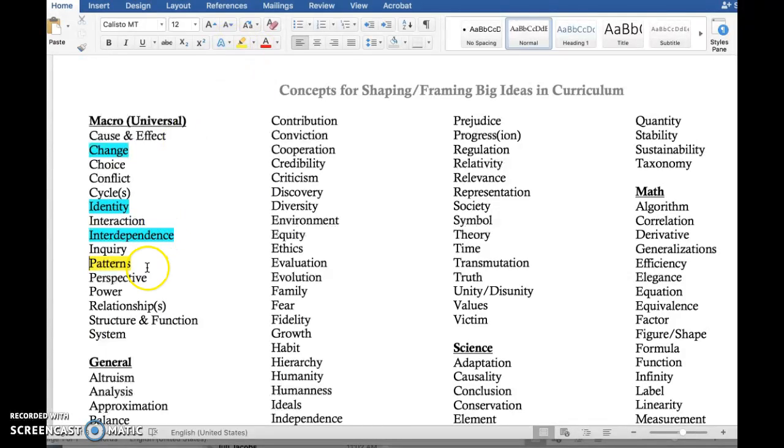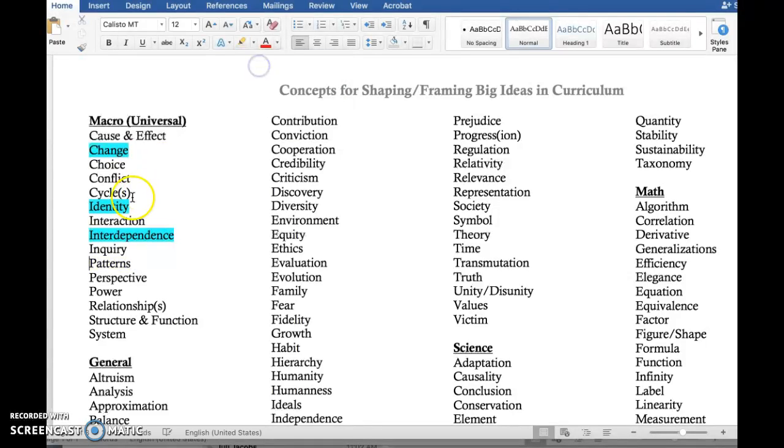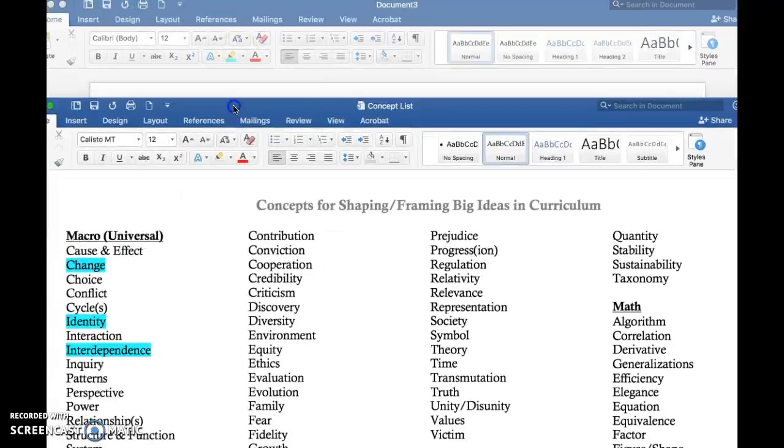It would be ideal if the science content frameworks and the social studies content frameworks could use the same two concepts, but that didn't seem possible as far as I could tell with patterns. But let me know if you think differently on this. Now, I think you only need two overarching or universal concepts. I think that's what my charge is, but I selected these three for drafting and for consideration, just to work through the concepts to see how they might work.